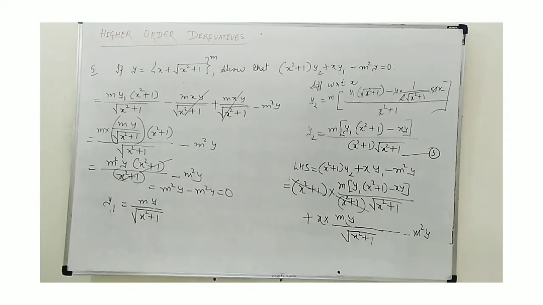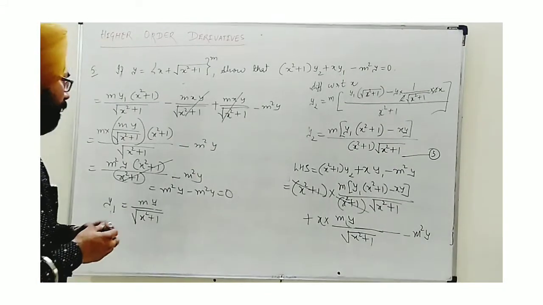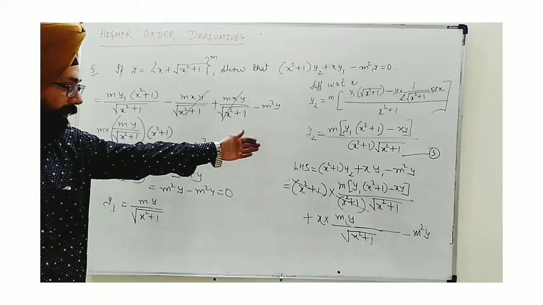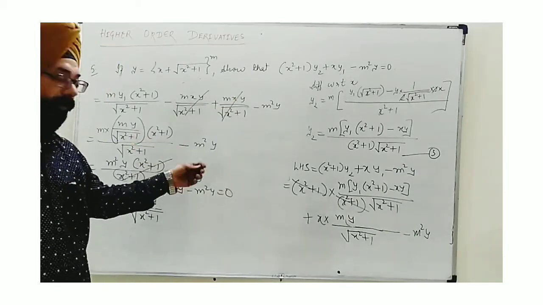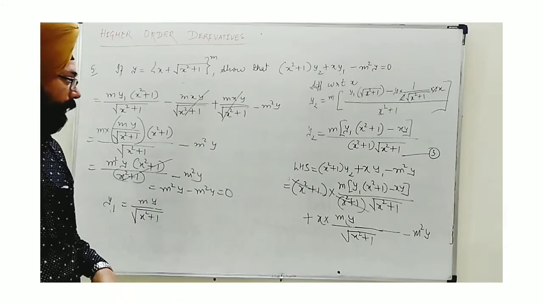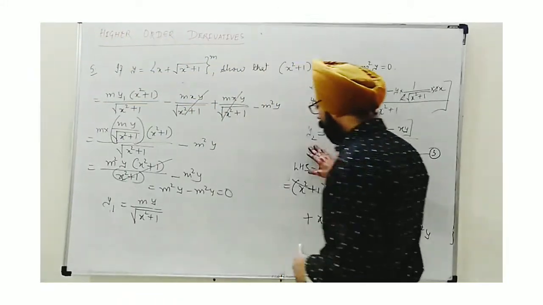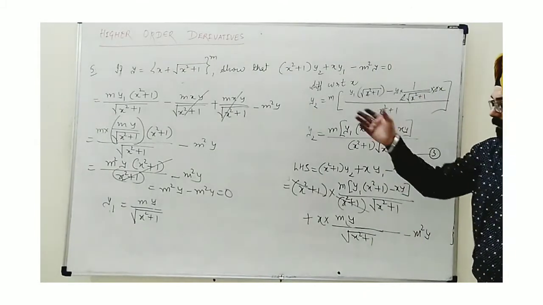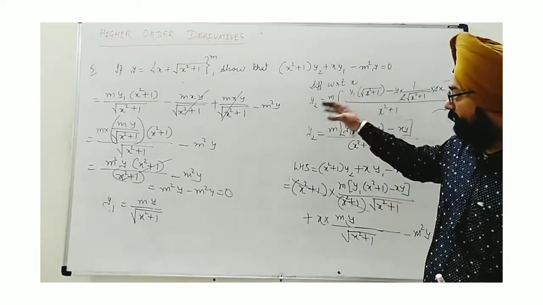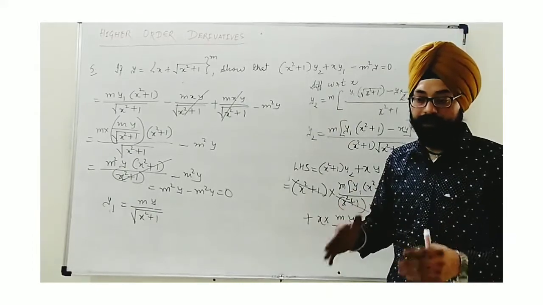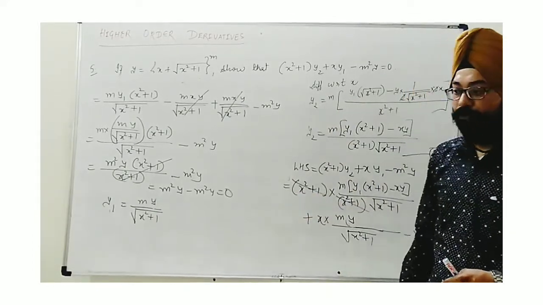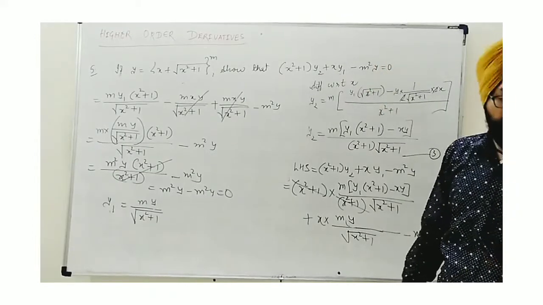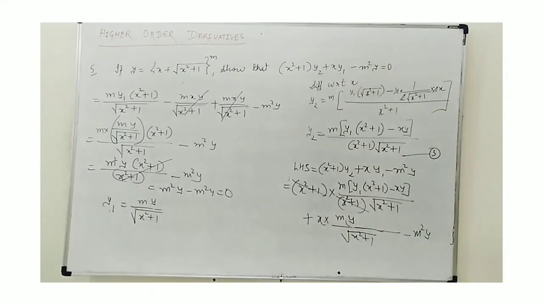These two cancel out, and finally we have m square y minus m square y being 0, the RHS. This was to prove. I said earlier, this is not the only method you can use. You can deduce also. If you can manipulate LHS, you can directly obtain the value required, or if you can manipulate this y2, then from here only you can get the answer. But as I have experienced, generally students are comfortable with this method. So in case of such a proof, we have to be careful. We'll take more equations to understand.